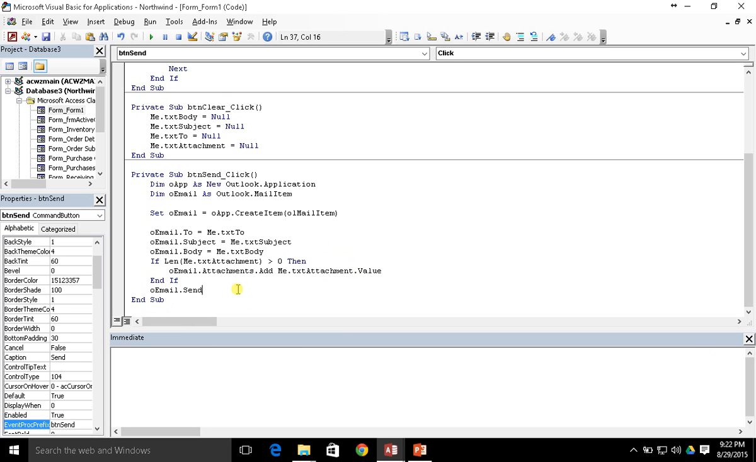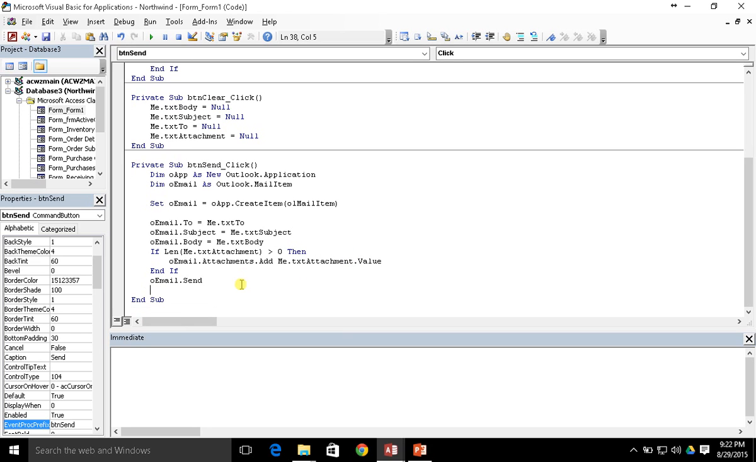Now, obviously, there's some other things that we should probably do before we allow this send to happen. And that is we probably want to make sure that all of these things are actually filled in. So let's go ahead and do that. Let's do a With statement. I'm going to make things a lot easier here. I'm going to get rid of this. I'm going to do a With statement. With OEmail,